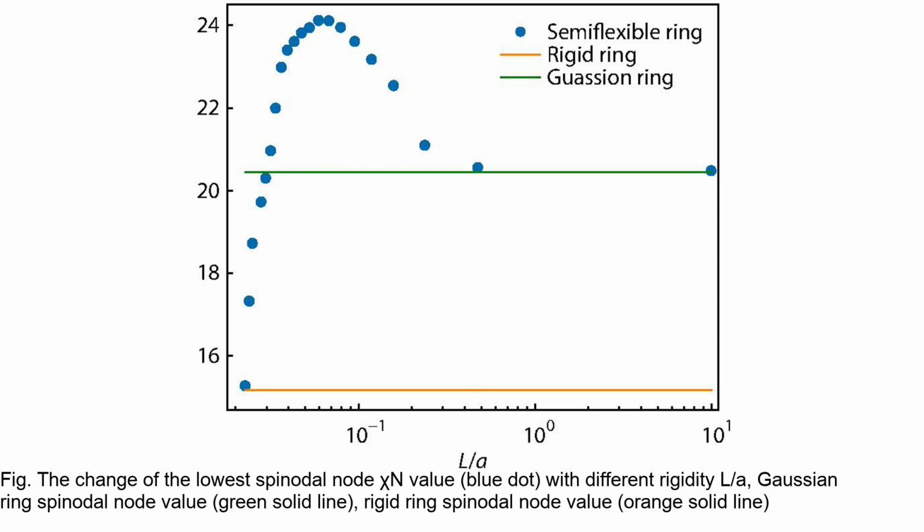Other figures that are useful to discuss in relation to Figure 8 are Figure 6 and Figure 7. Figure 6 shows the change in the value of the spinodal node chi-n with the space size scale x and rigidity coefficient Kb. It demonstrates the relationship between the spinodal node and the characteristic length scale of the microphase structure. Figure 7 illustrates the lowest spinodal node chi-n value and its corresponding space size x as a function of the rigidity coefficient Kb. It provides a comprehensive view of the phase behavior and stability limits of the cyclic diblock copolymer